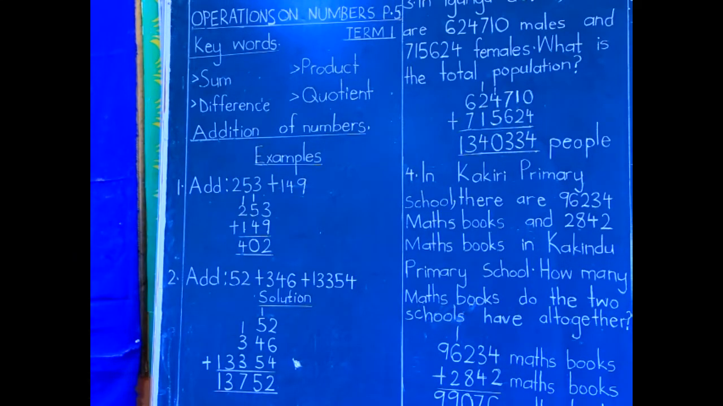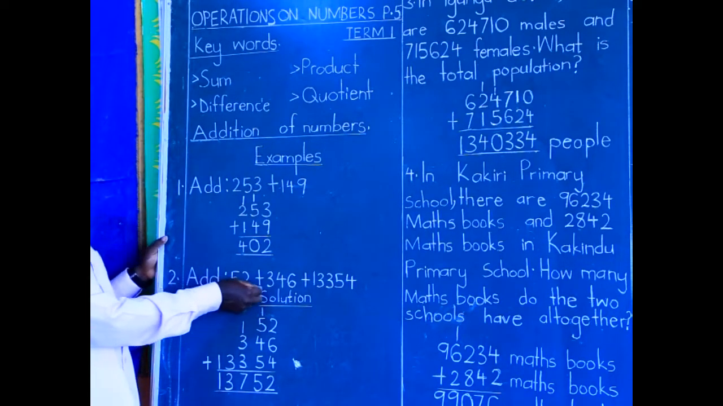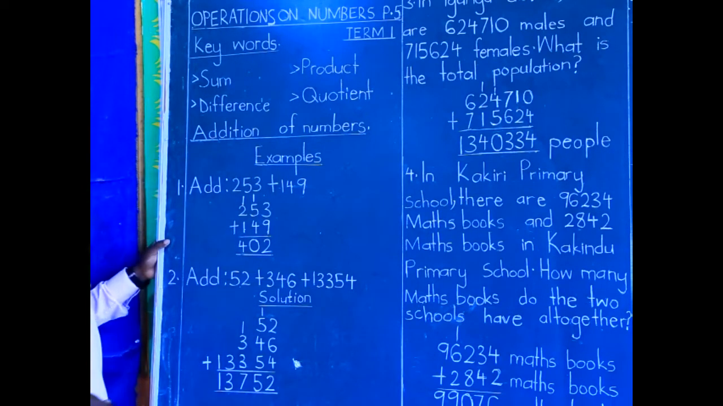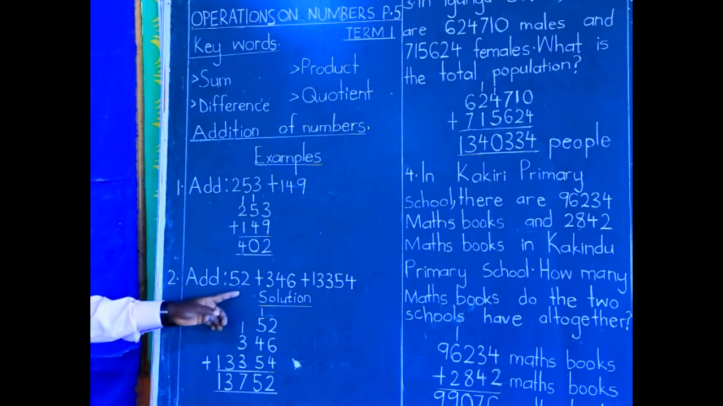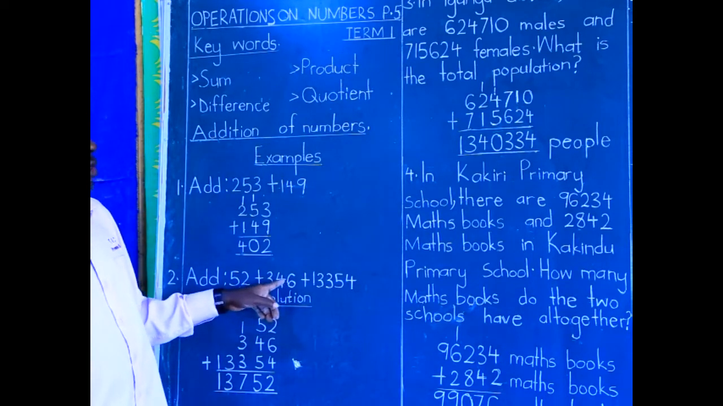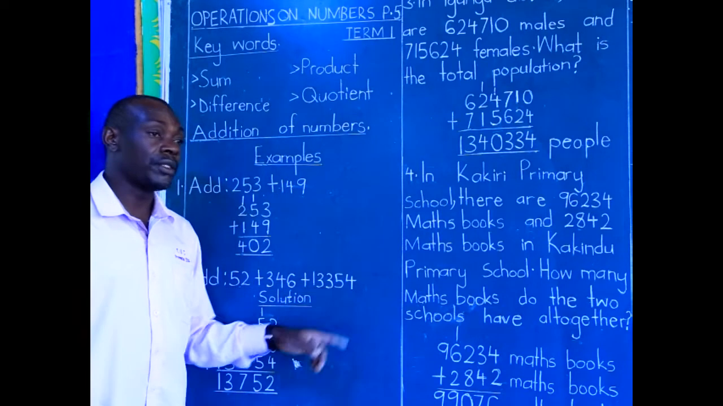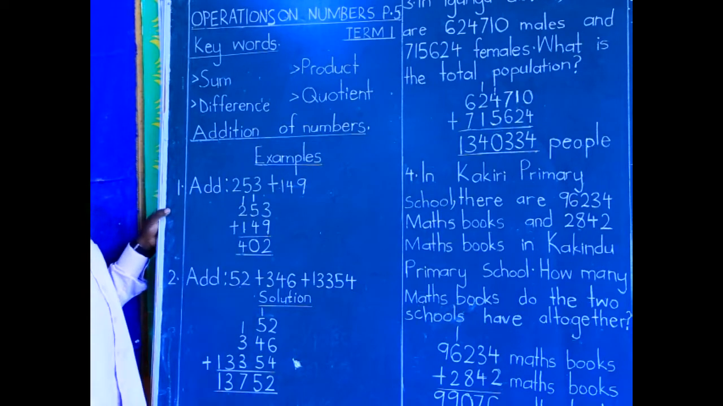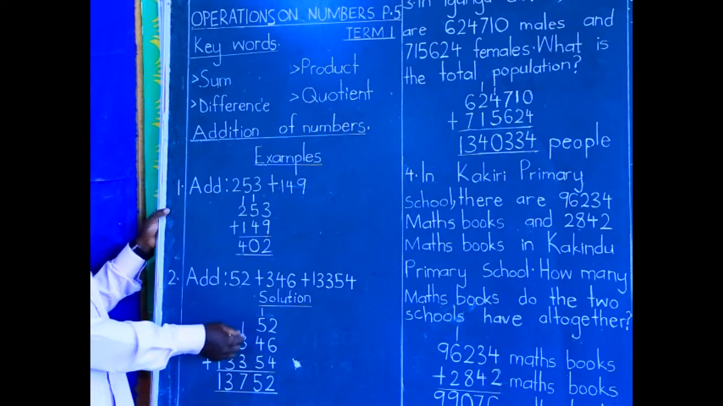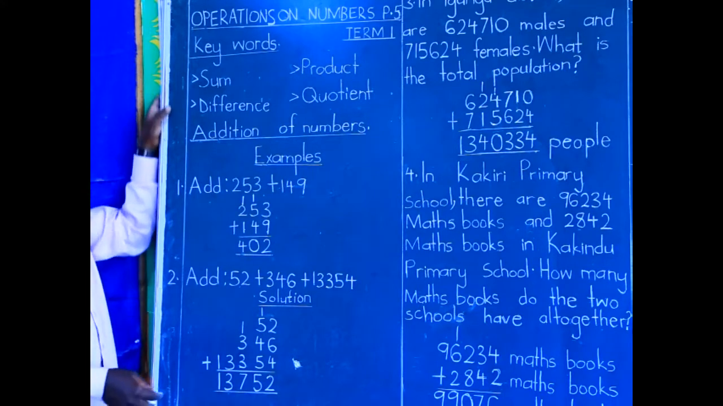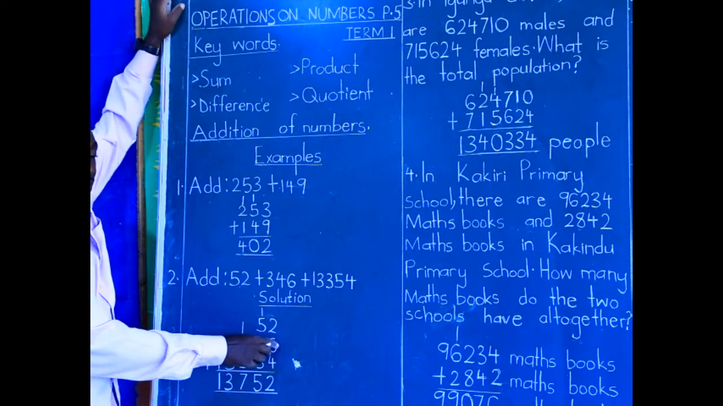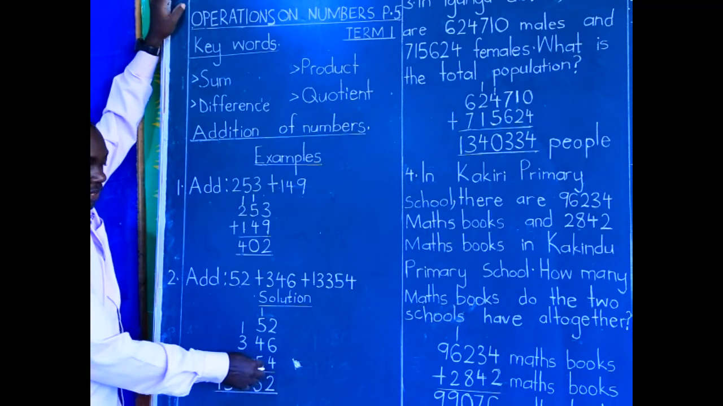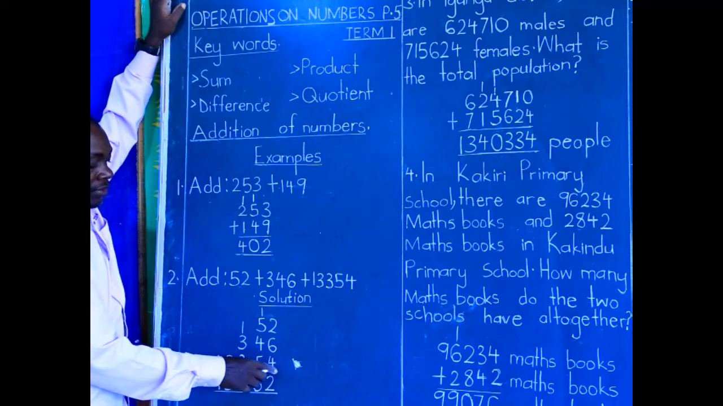Then look at example number 2 that tells you to add 52 plus 346 plus 13,354. This is the way it's done. Remember to care about the place values. 52 has got only ones and tens, whereas 346 has got ones, tens, and hundreds. Then 13,354 has got the same ones,